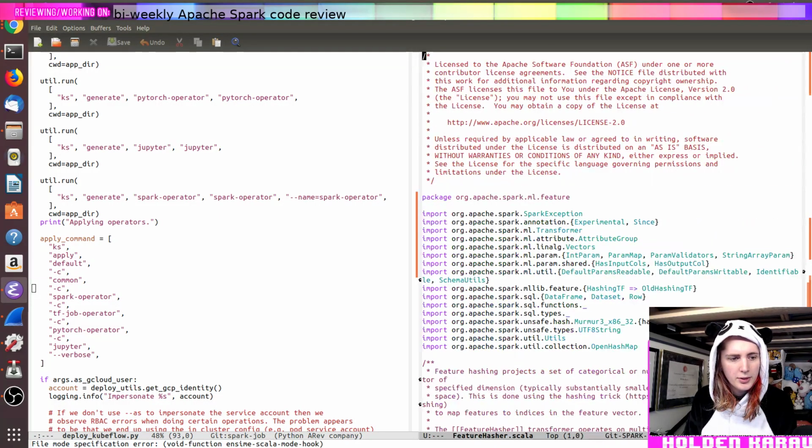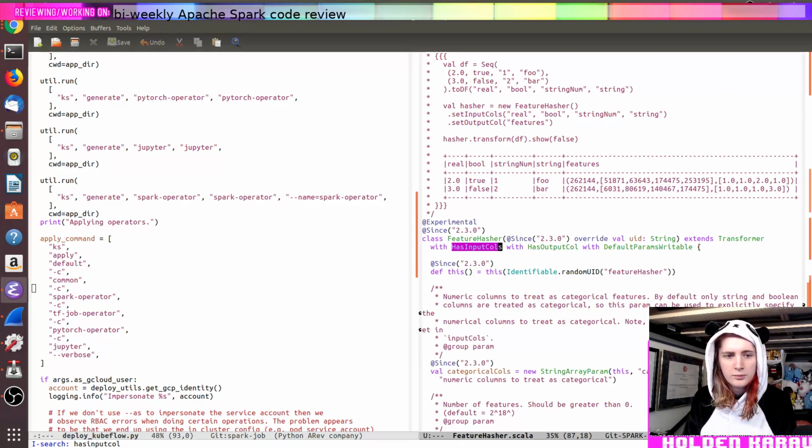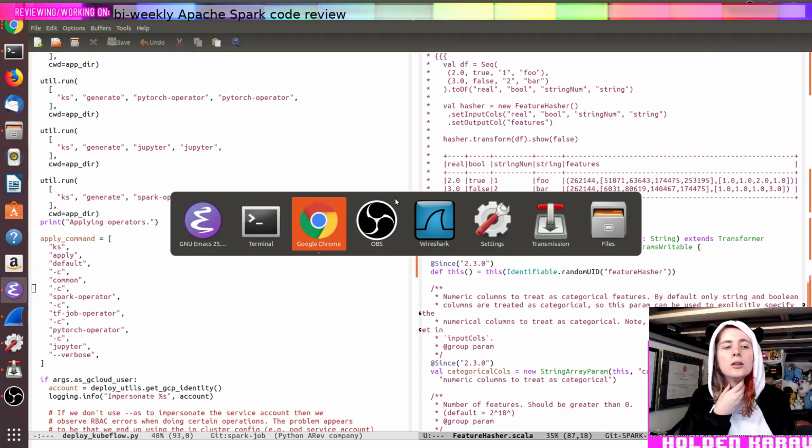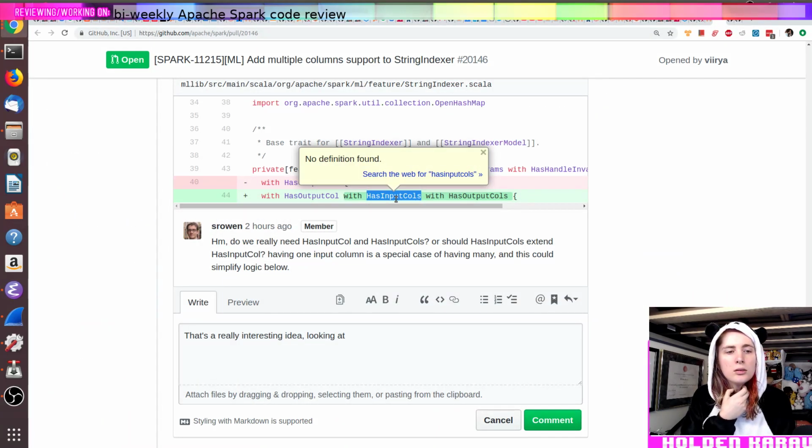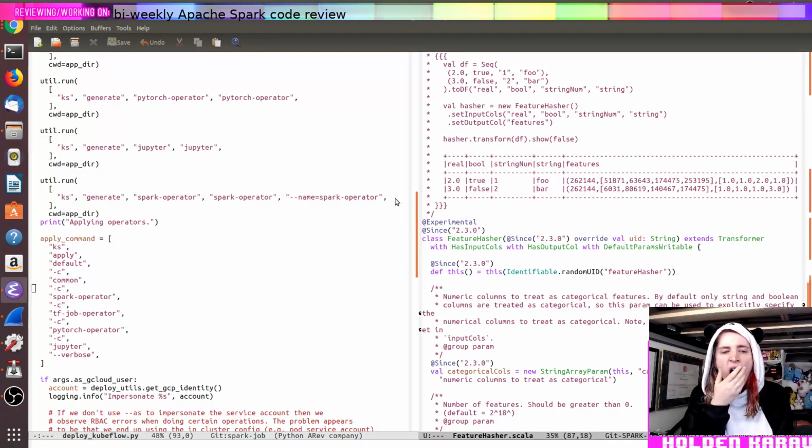So quantile discretizer, feature hasher. Yeah, so mostly what I want to see is, do we actually have this logic duplicated elsewhere already?